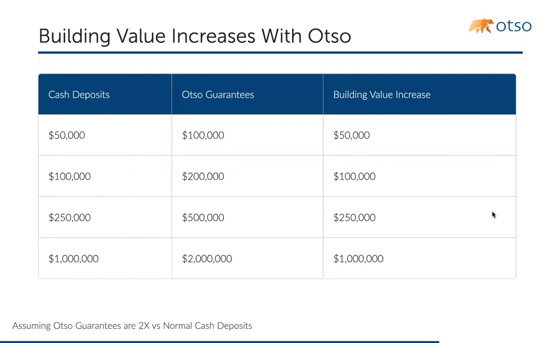But the cool thing with Otso is over time, if you start to transition your landlord leases over to Otso, you're going to end up, as I described, with more coverage against default. So imagine going to sell a building after 3 years and you transitioned a significant amount of leases to Otso. Well, maybe each guarantee is just 2x. Maybe you had 1 month in hand on cash deposits, and with Otso, every guarantee you did is 2. Well, maybe that's $50,000 in value. That paper is worth whatever those guarantees say. And so there's a grand argument here that you can sell your building for more money using Otso guarantees. And that math scales. The bigger we get, the more value there is.